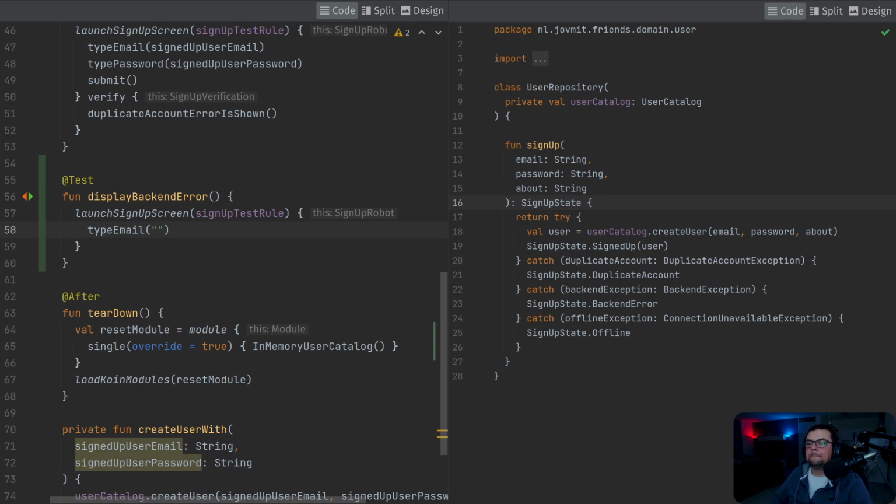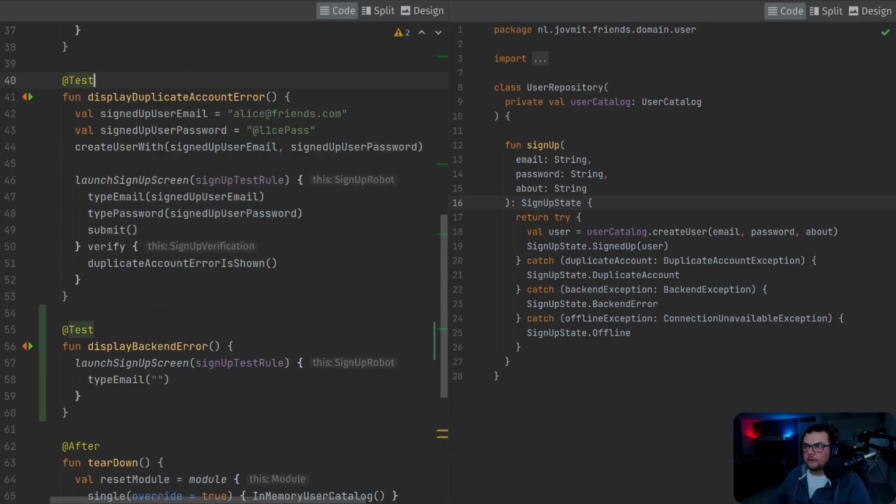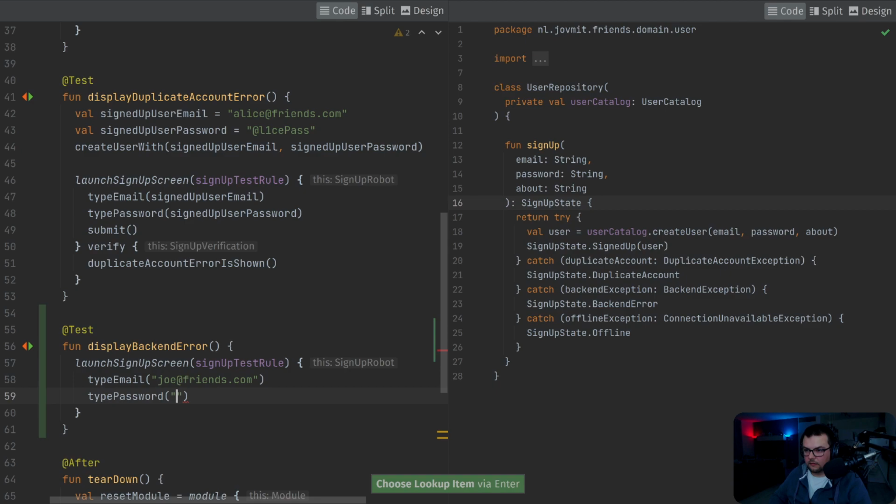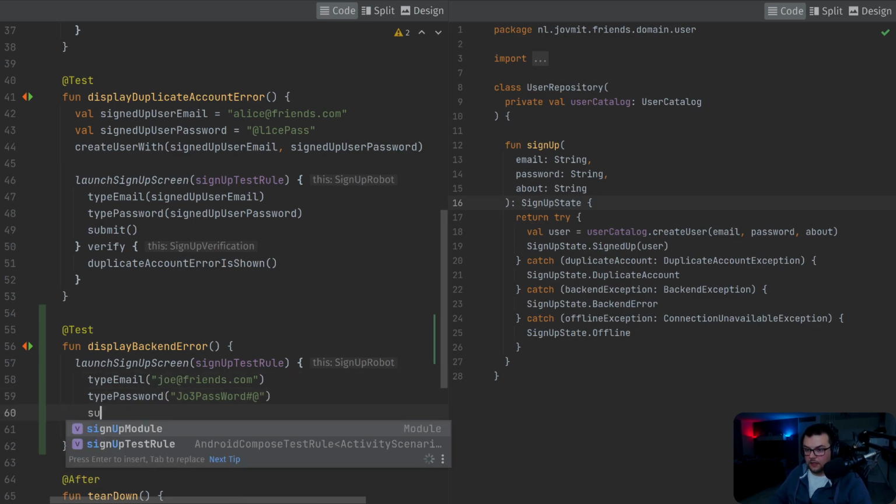Type email, say, what do we have above? Alice, I don't know, Joe add friends, type password, Joe password, I don't know, something like that. And then submit,